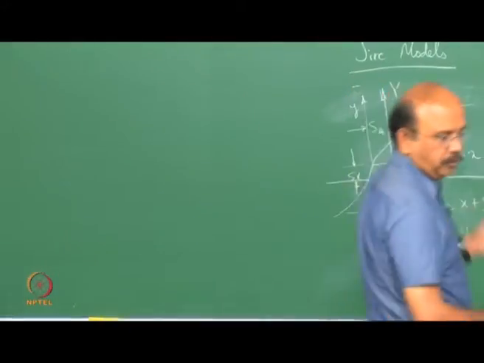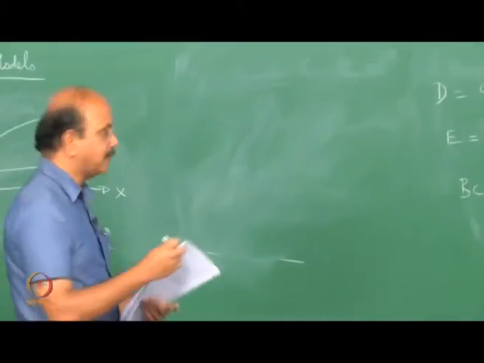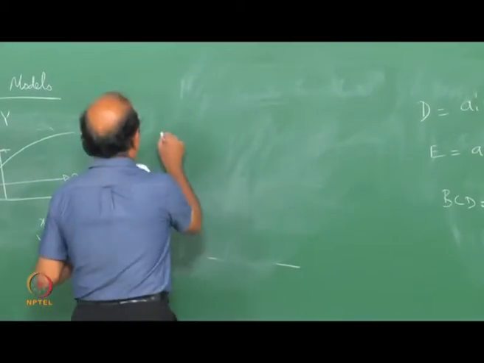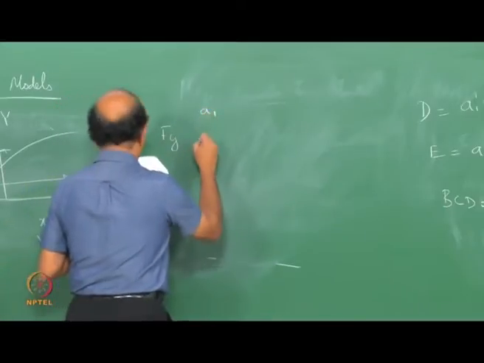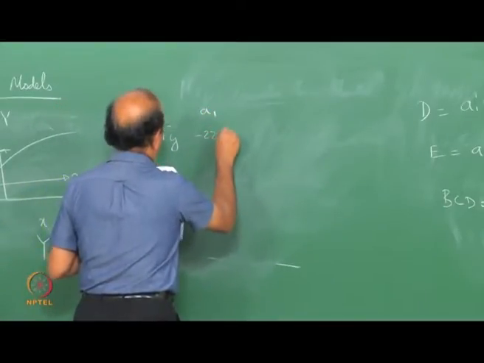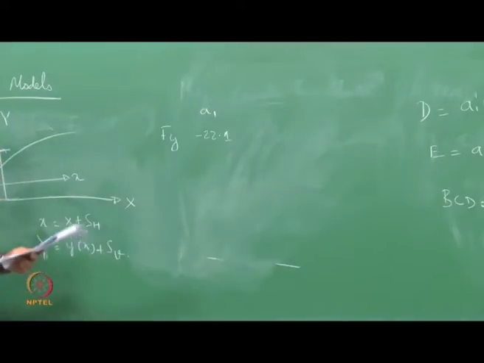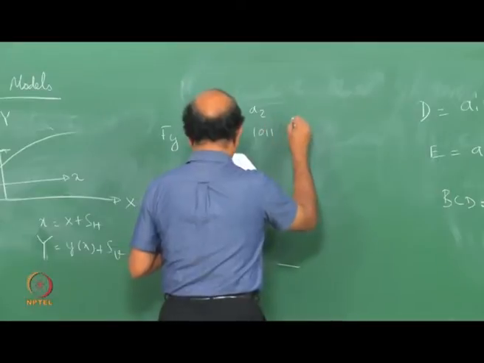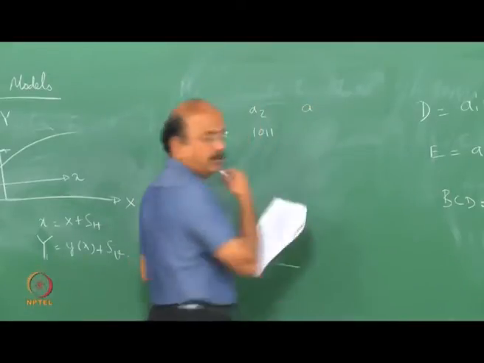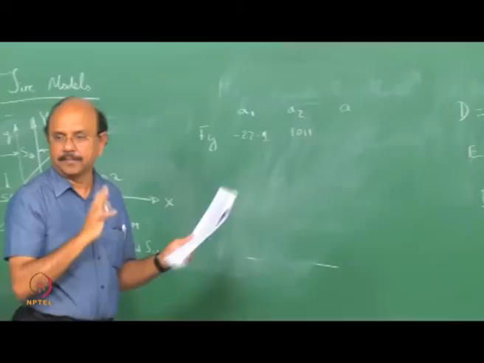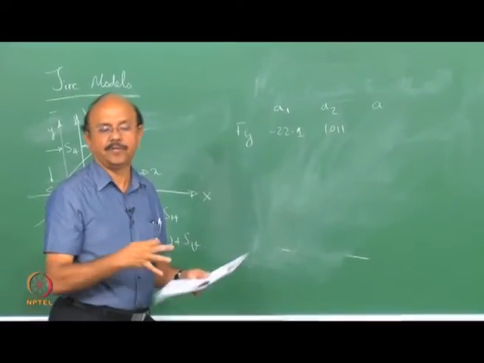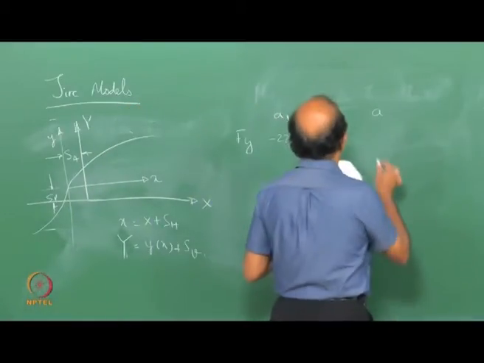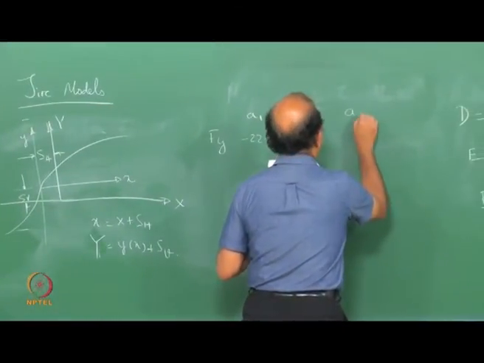These are the coefficients. If you want the type of coefficients, for example for Fy, A1 would be minus 22.1. Please note that it is not necessarily positive; they can be positive and negative. A2 will be 1011. This is in terms of kilonewton. There's a tendency for many people in the tire industry even today to use pound force. Then these coefficients would be accordingly adjusted.